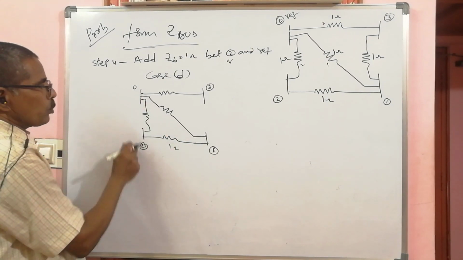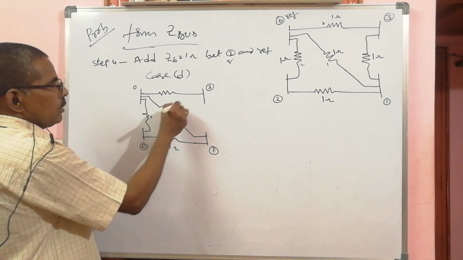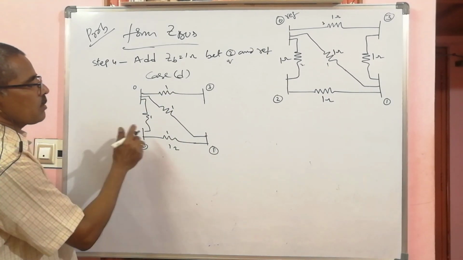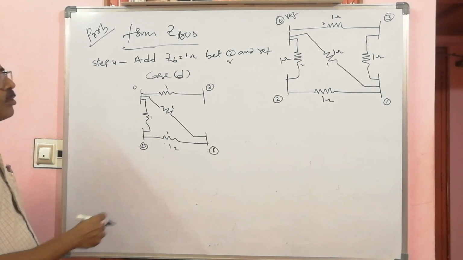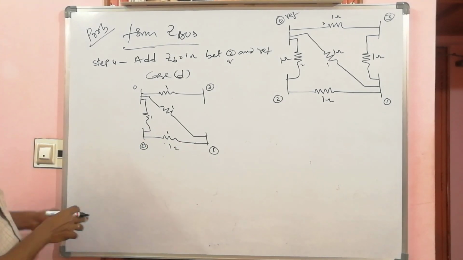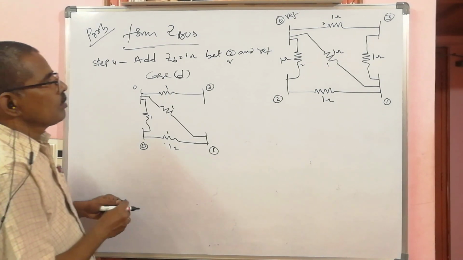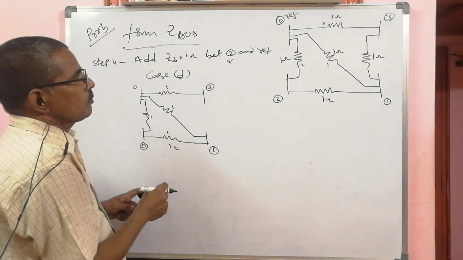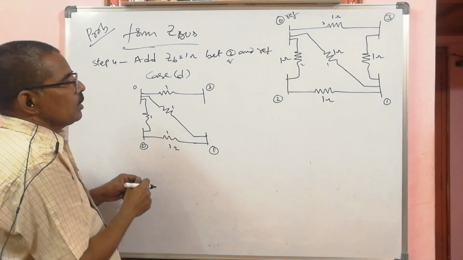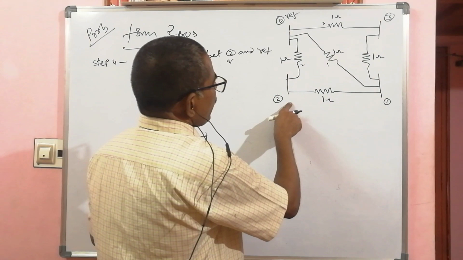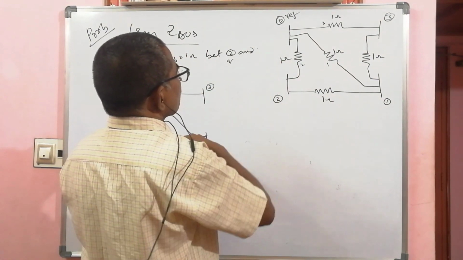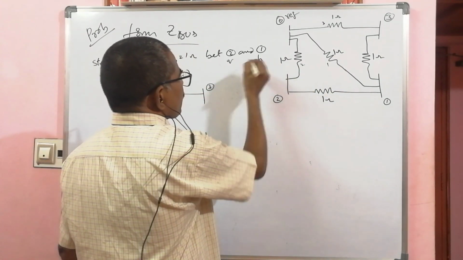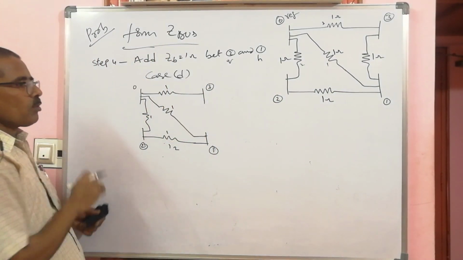So 1 to 0 added, 2 to 0 added, 3 to 0 added, 1 to 2 you are adding this. So between existing bus and, is it not? 1, 2, 3 are over. You are adding between 2 and 1, not reference. 2 is also existing, 1 is also existing, H and K. So case 4.